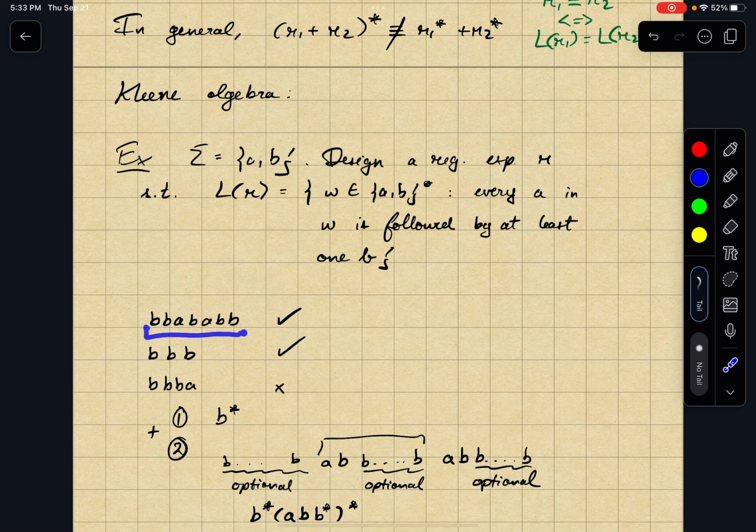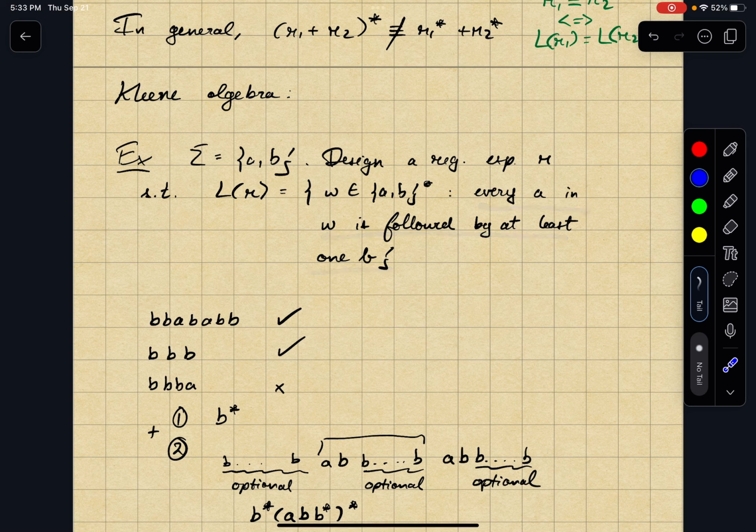For instance, I have this long-ish string. It has a bunch of B's, then it has an A, and then immediately it has a B. That's required. Again, it has another A, and then immediately a B, and then optionally this extra B. Another type of string that should be described by this regular expression is one where you don't have any A's. This was the case where you had at least one A, but if you don't have any A's, then that still satisfies this definition here,